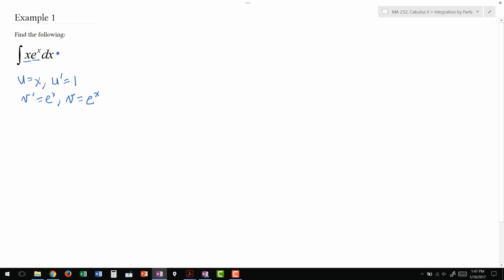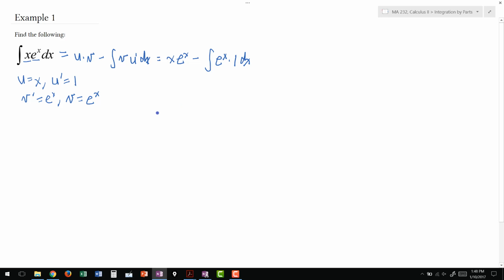So when we apply the integration by parts formula, the original integral will be equal to u times v minus the integral of v u prime. With our selections u equal to x and v prime equal to e to the x, my u times v becomes x e to the x, and my v u prime is just e to the x times 1